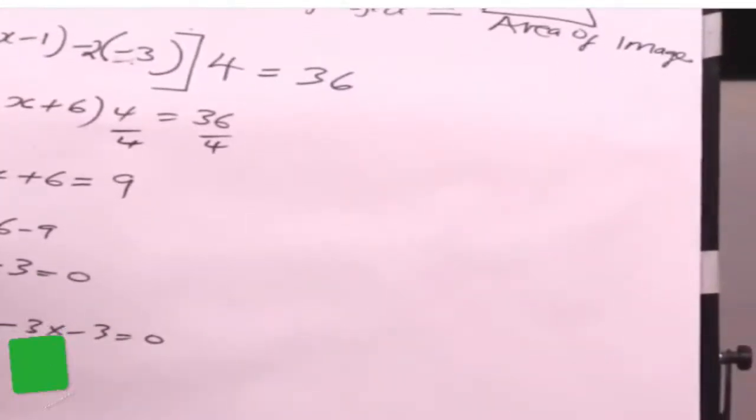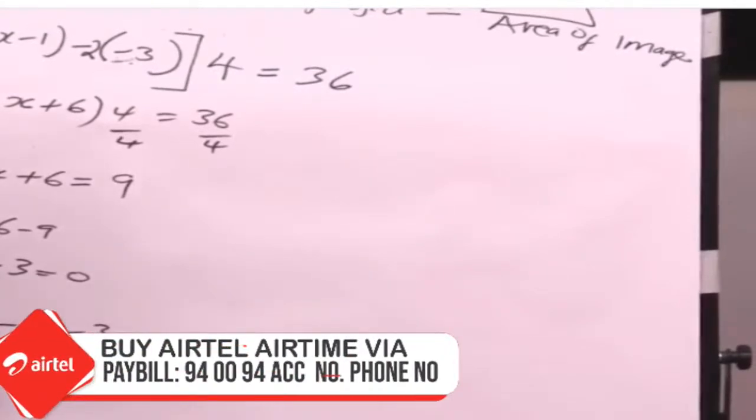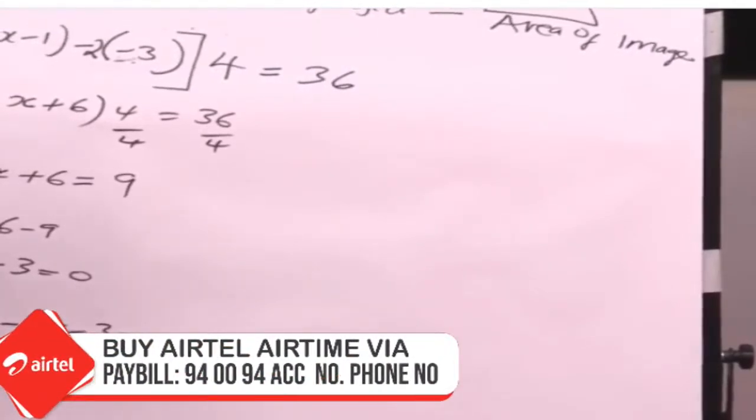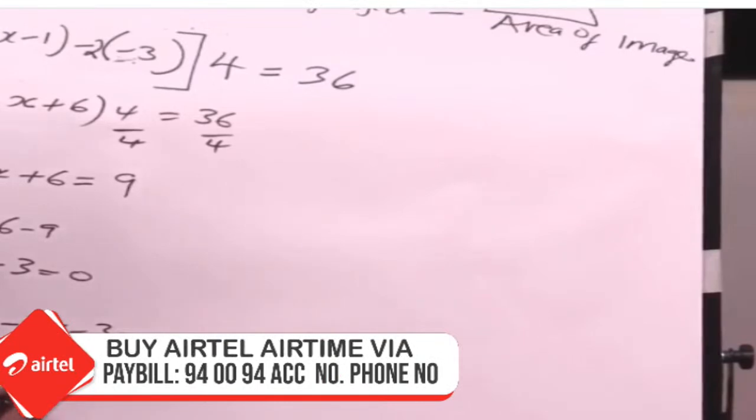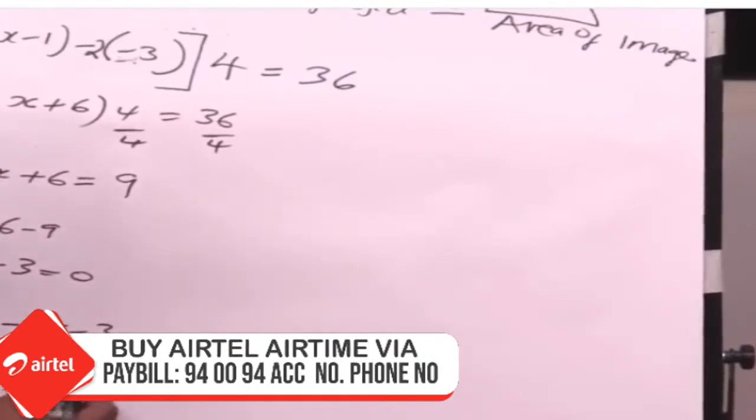Collect 2x squared and plus 2x. The common factor is 2x into x plus 1 minus common factor here is 3 into x